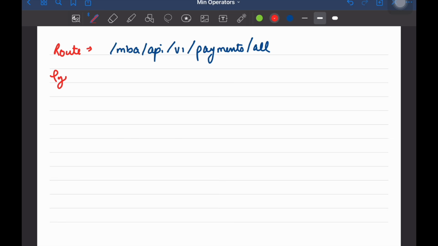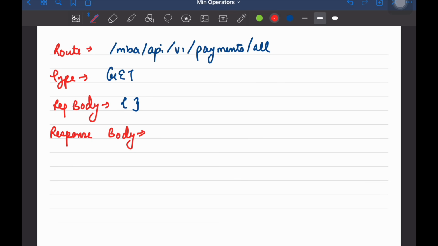The type of the request is going to be a get request. The request body is going to be empty. The response body is going to have one success parameter, error parameter, data parameter,